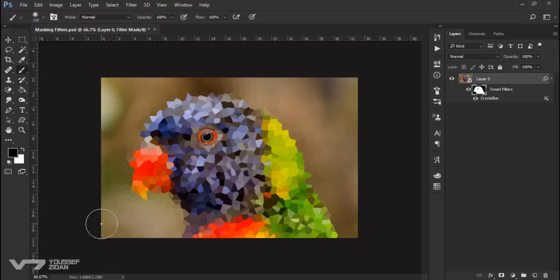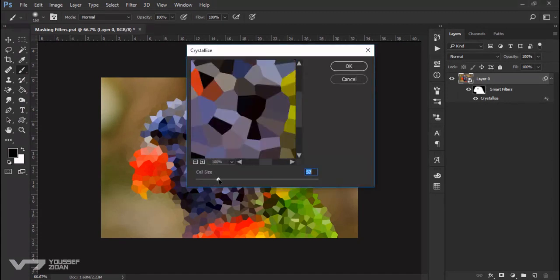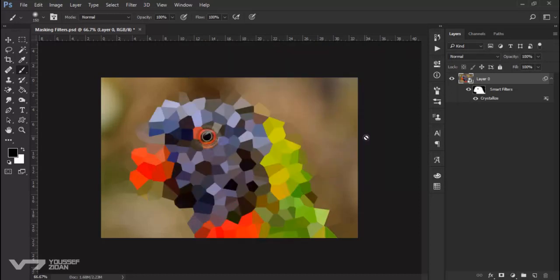The cool thing about converting the layer to smart object when you are dealing with filter is you have the flexibility to readjust the filter after doing it by simply double click here, and you can adjust the cell size as you want, click OK, and boom,